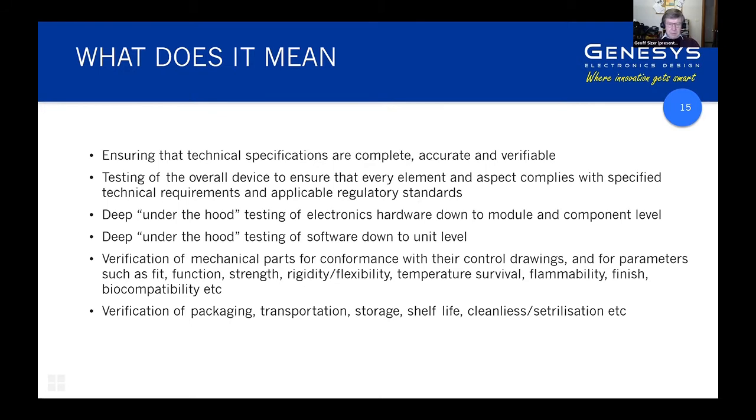When we look at mechanical parts, we get down to a whole heap of detailed tests, many of which are prescribed in 60601-1 for individual component parts and also sub-assemblies. And lastly but not leastly, verification of packaging is extremely important, particularly when you're dealing with sterilized devices or devices